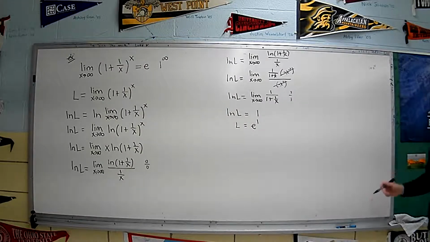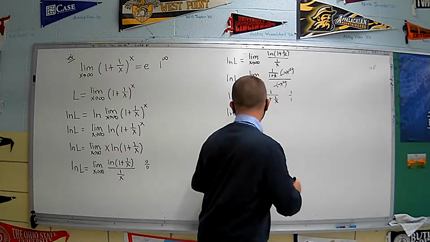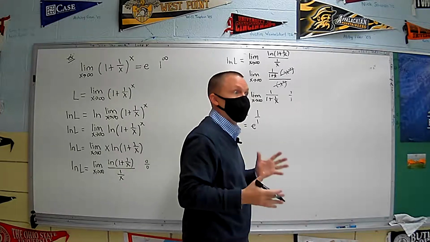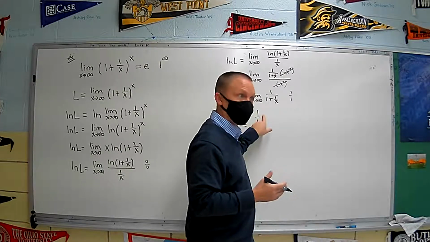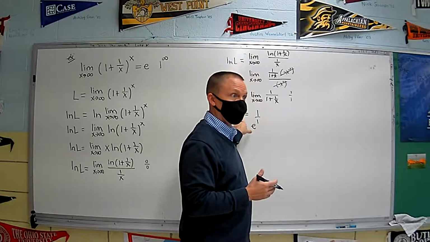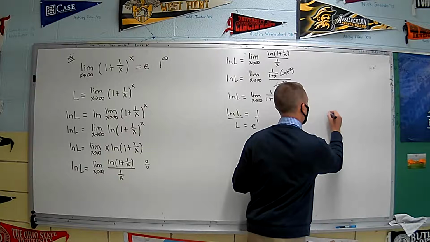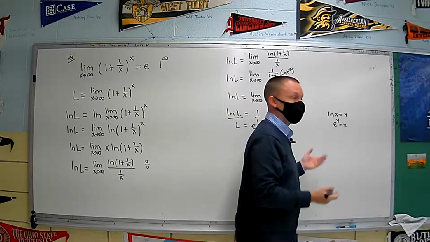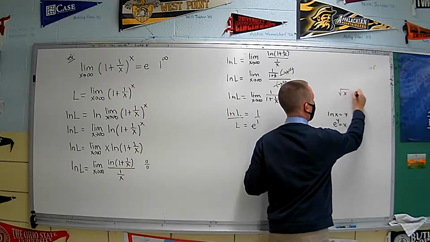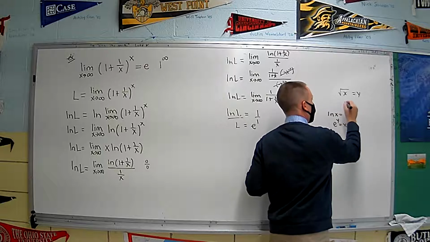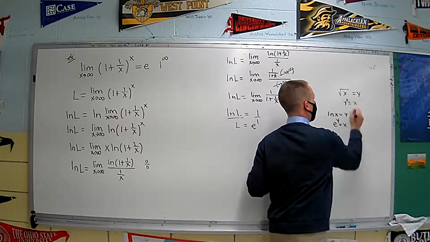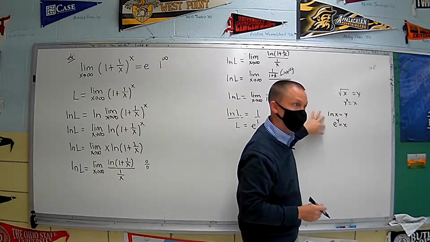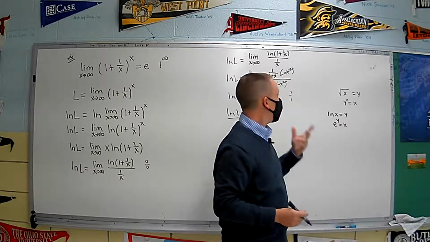So right here, if I tell you the natural log of something equals 1, that's basically saying that e to the first power has to equal something. Because if I write the natural log of x equals y, that means e to the y equals x. Just like if I wrote the square root of x equals y, that means y squared equals x. These two things tell the same story. But you have no problem thinking like this.